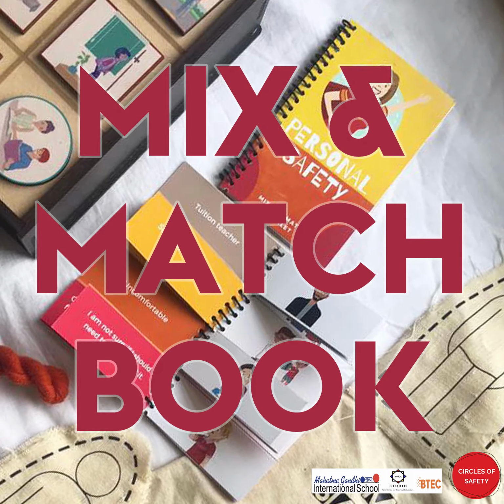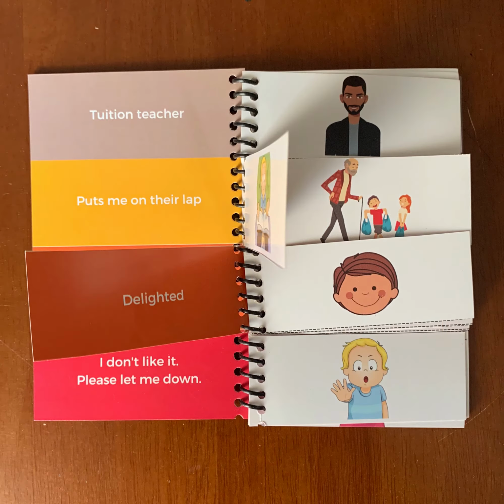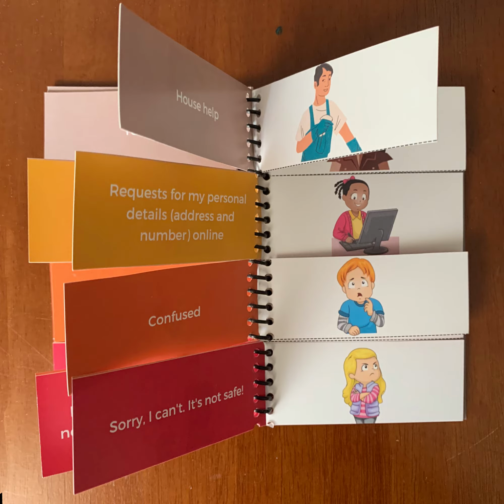Mix and match book. The mix and match book includes various characters, situations, feelings, and responses. The goal is to flip through and explore various combinations to determine how they make you feel and how you're